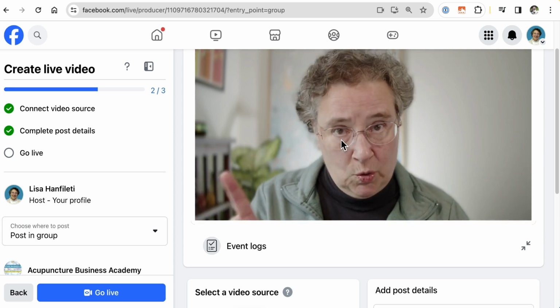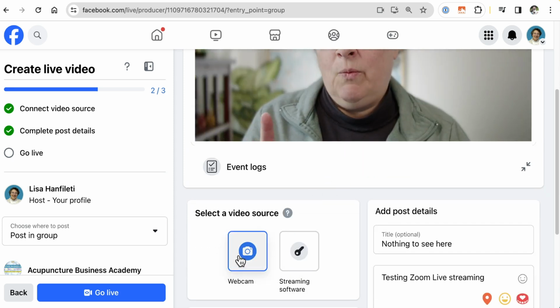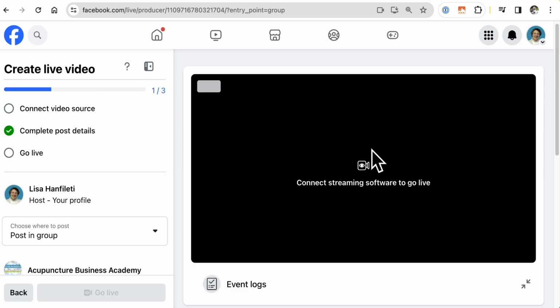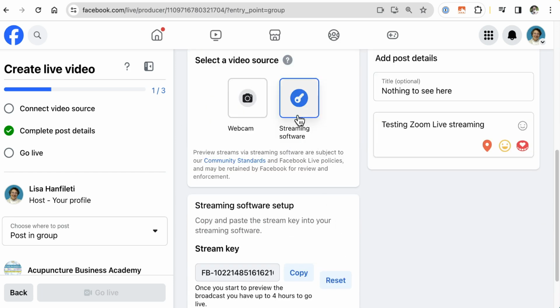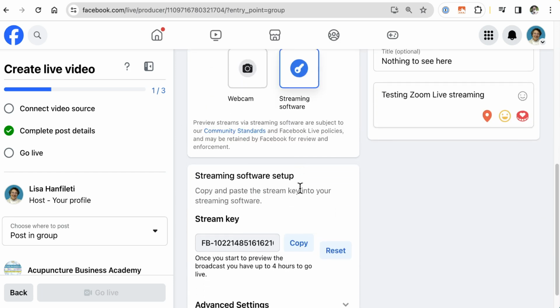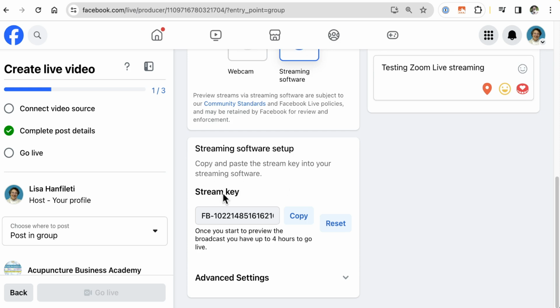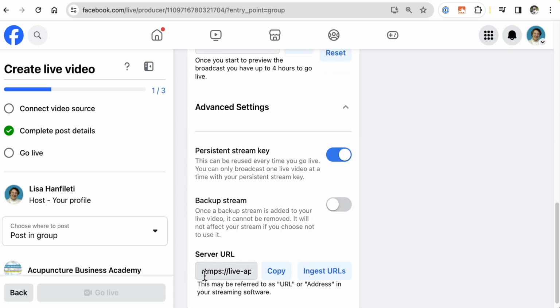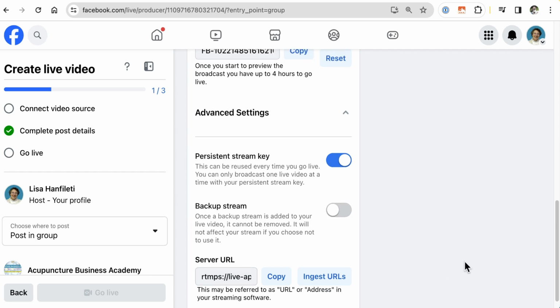So that's why we do not want the webcam as our video source. We want live streaming software. That's what we want. So I'm going to click on live streaming software, and then I'm going to come down here, and I'm going to need my stream key. And I'm going to need an advanced setting, which is my server URL, the RTMPS, which stands for